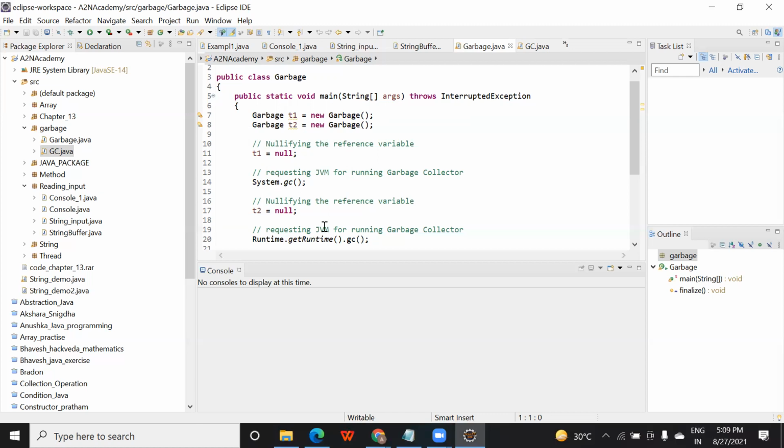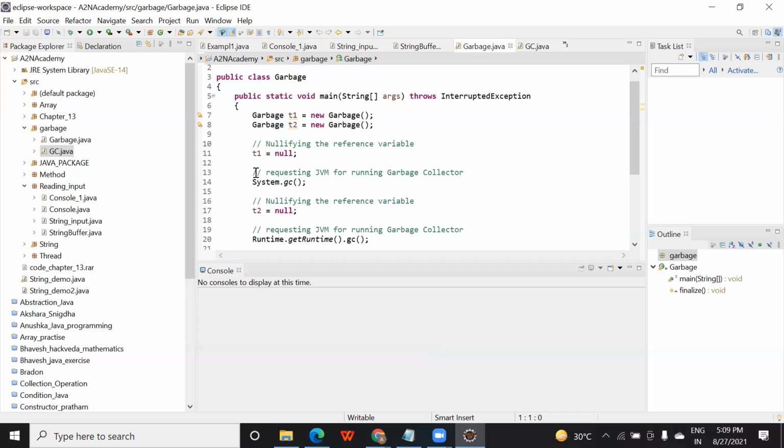Think of it like this: suppose you have 2 GB of RAM. In that 2 GB RAM, suppose 1.5 GB is occupied by Eclipse, then you have only 500 MB left. If you wanted to open one more IDE, suppose IntelliJ, will it run? No, right? Because you have very little space in the RAM. So how can you solve that? You can run the software or programs by releasing memory. The memory which is of no use to you, you can just release.